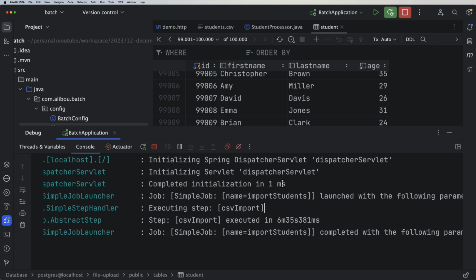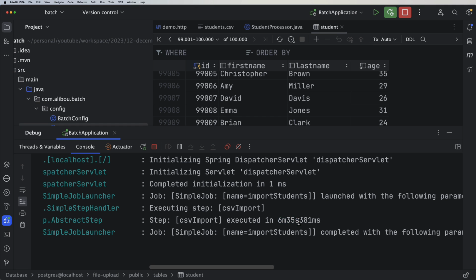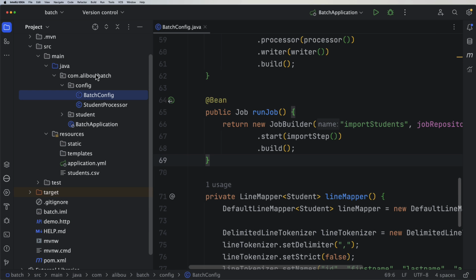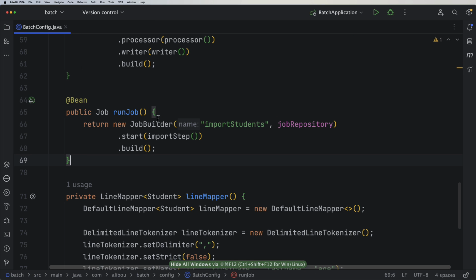Alright, so importing 100,000 students, simple data, nothing complicated, took 6 minutes 35 seconds. So now let's see how we can improve that. In order to improve the import and the batch processing, what we can do in our batch configuration,